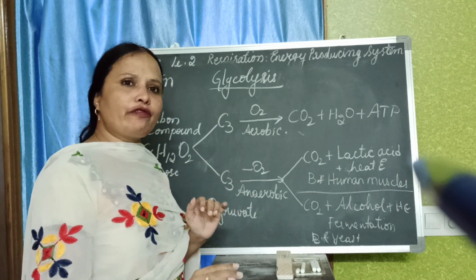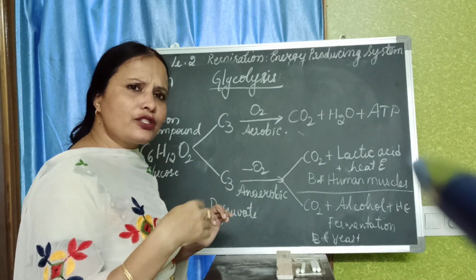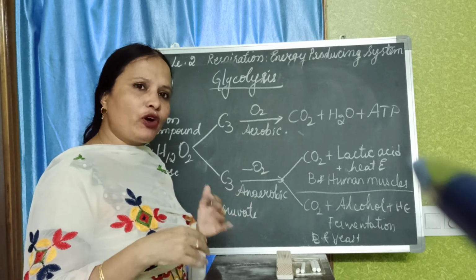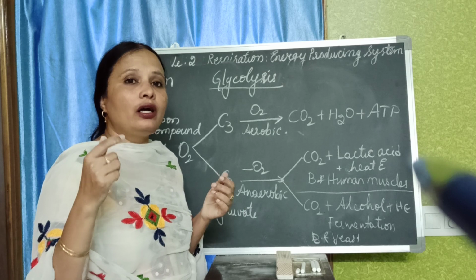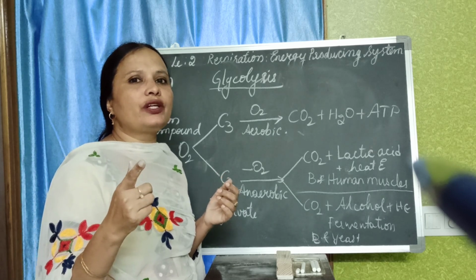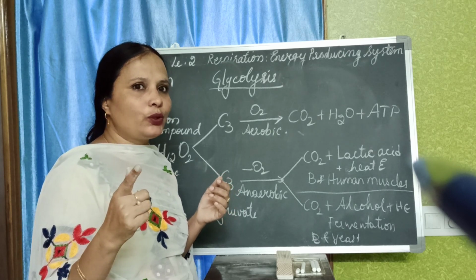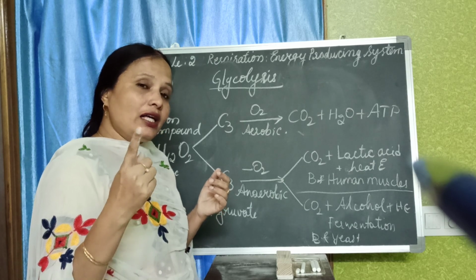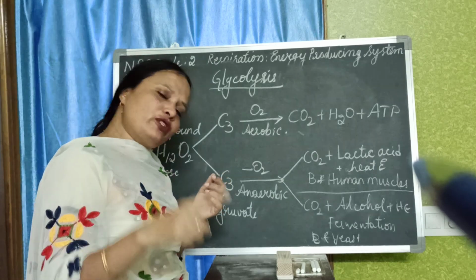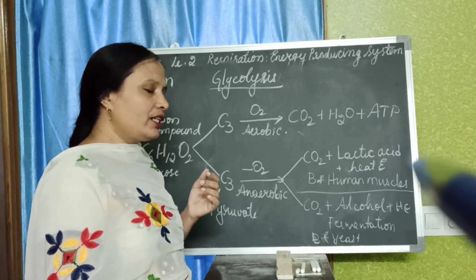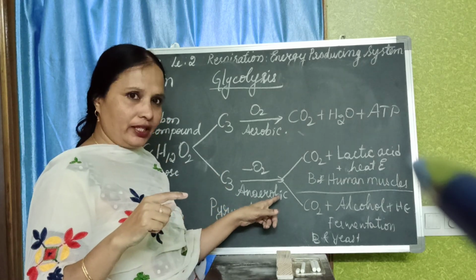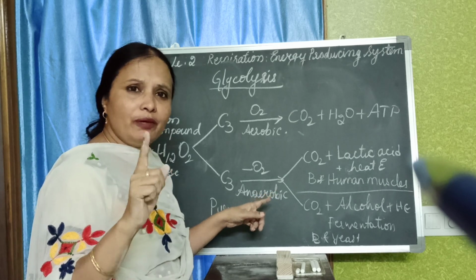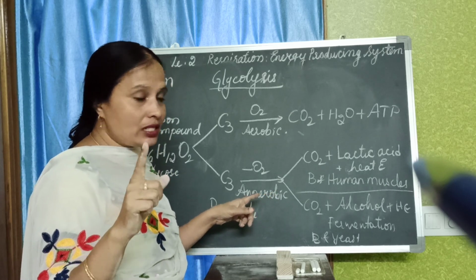So already all the oxygen that is in our body is used up to generate the energy required for you to run. Now without oxygen you are supposed to generate energy. So the muscles start generating energy in absence of oxygen. Generating energy in absence of oxygen is called anaerobic respiration. Only muscles can do that. Human muscles can do that.